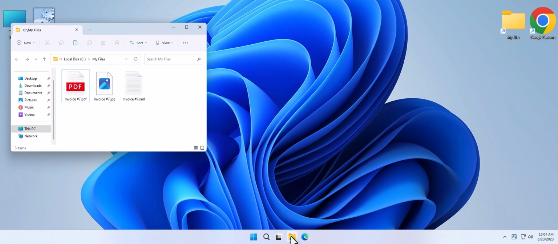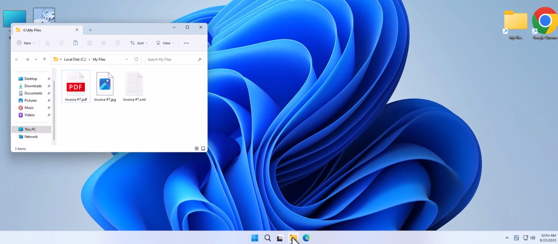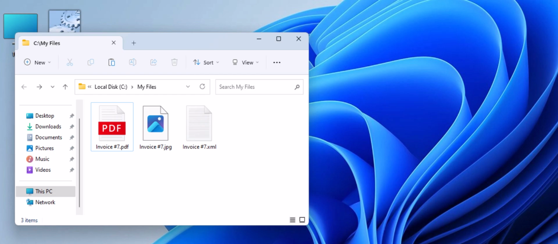In this tutorial, I will demonstrate how to detect a file and automatically email it along with two related files. Our invoicing system creates 3 files for every invoice: a PDF document, a JPEG image, and an XML file. Please note that the file names are the same, only their extensions are different.